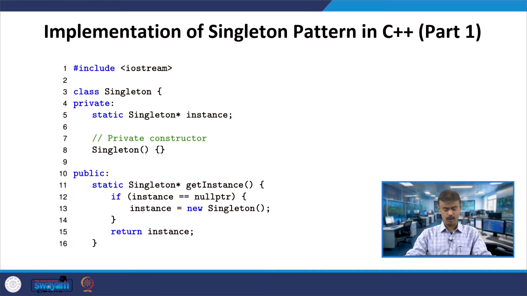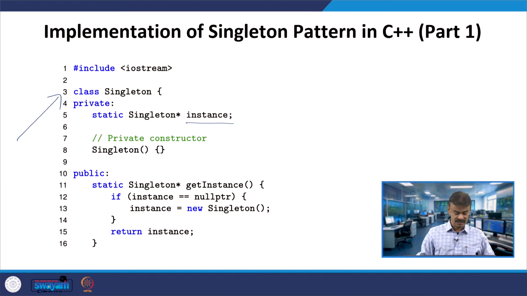This is very important. Whatever we have seen in the theory so far, you know the meaning of singleton, and you can have the analogy of the coffee machine. That means a class will have one instance, one global instance. So, let us consider the class Singleton. In line number 3, we have class Singleton. You have one private instance under Singleton. It is a pointer variable, a pointer object, correct.